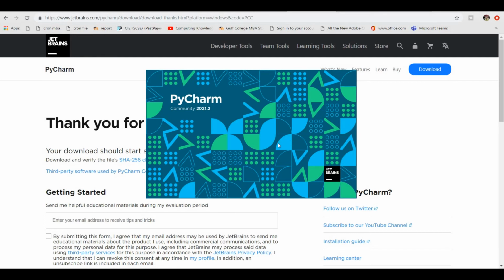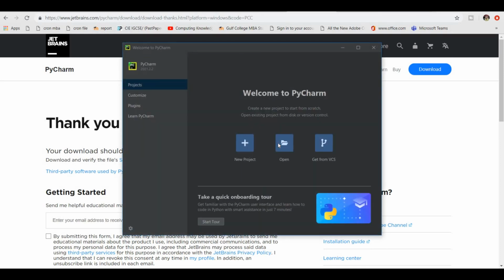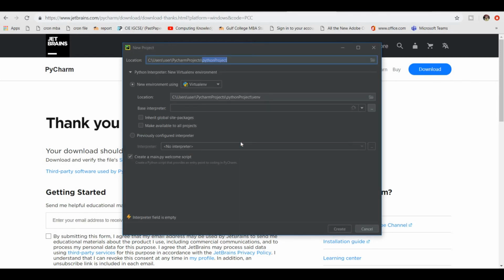For that purpose you need to create a new project and then create a new file, and then you will write a first program. Now I'm going to create a new project. You can select the location of the new project.